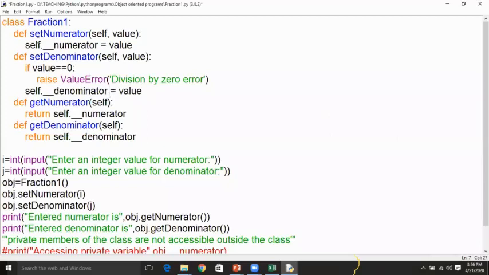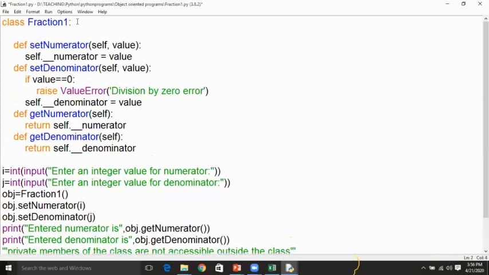This kind of declaration is used in Python because there is no need of declaring any variables like this in Python. See here, underscore underscore numerator. You may get a doubt here: why can't we write just numerator? There is no such kind of representation.